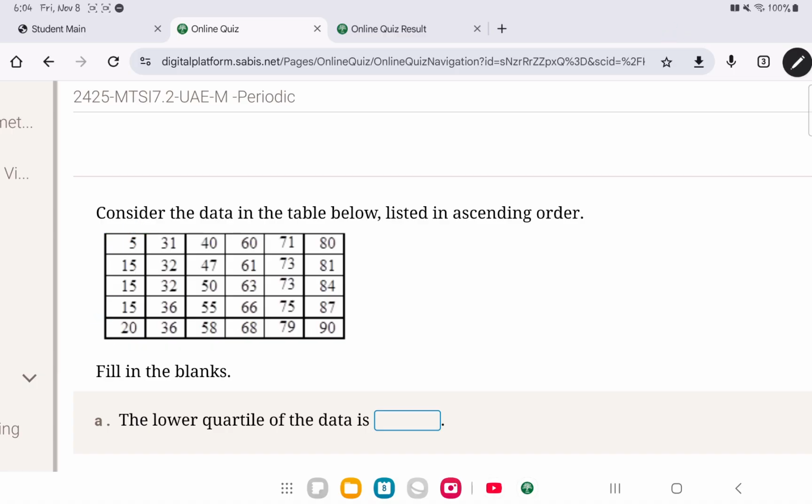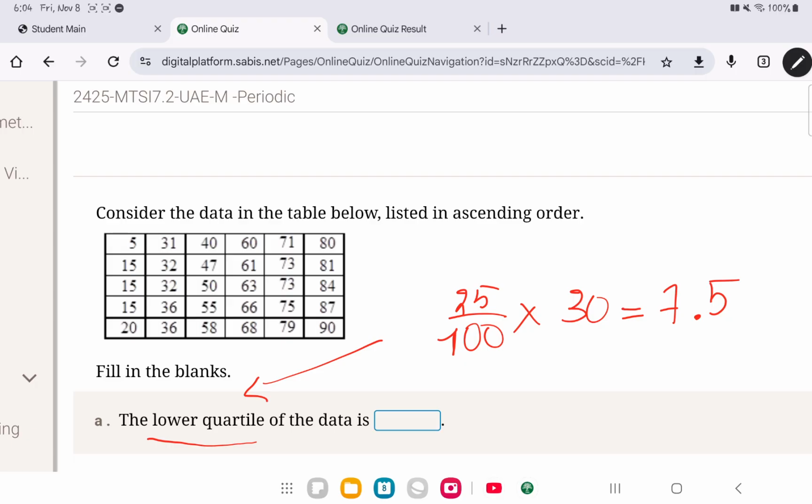They need the lower quartile. Lower quartile, you should remember it is always 25%. So 25 over 100 times the total number of whatever you have. In this case, they are numbers. You can count them or you can do it mentally, whatever way you want, but you should know that we have 30 numbers in this case. So to find the lower quartile of the data, we are gonna do 25 over 100 times 30, and we are gonna get what? We are gonna get